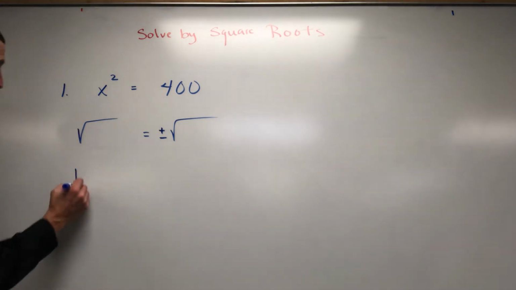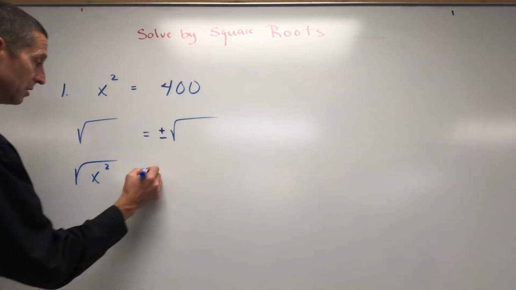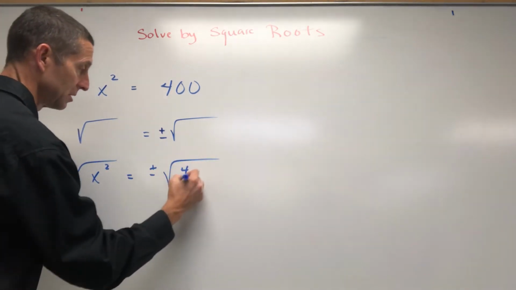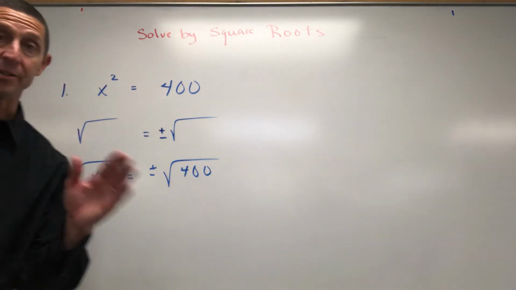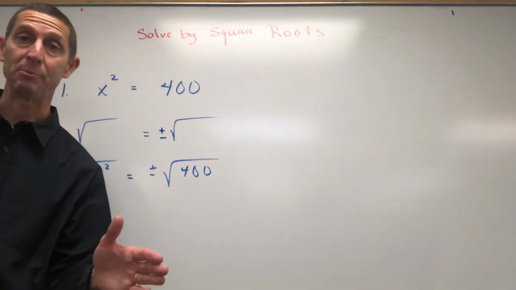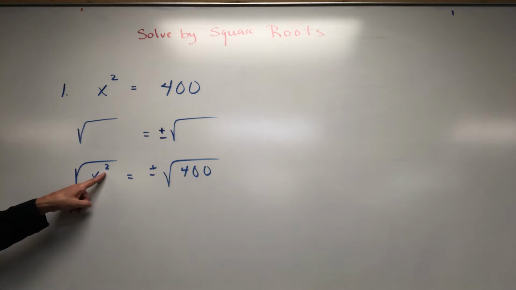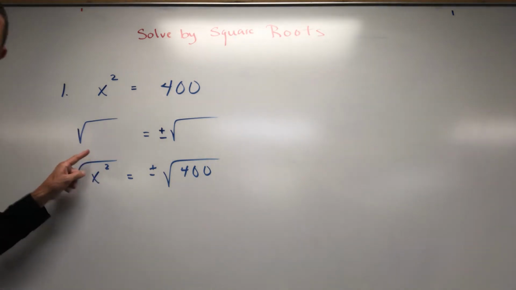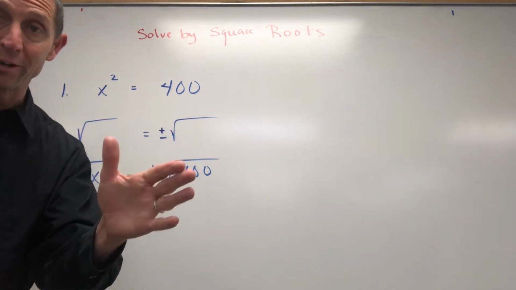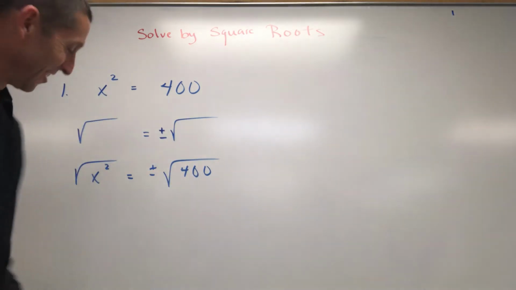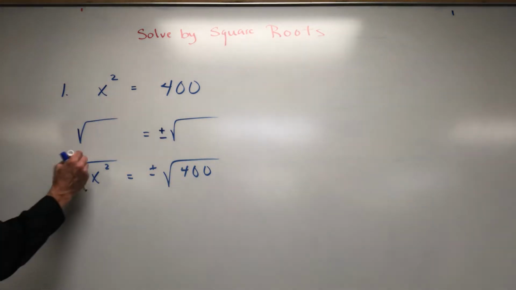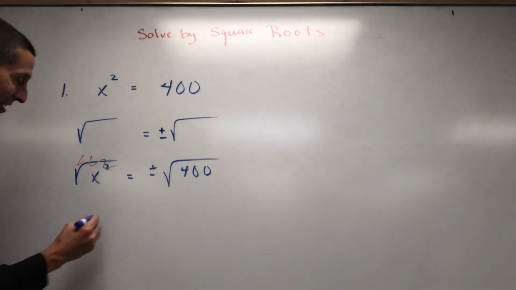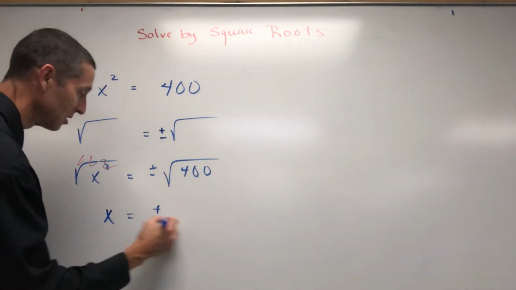All right, let's drop it in. So we have x squared, we have plus or minus the square root of 400. Now this is awesome. This is one of the greatest math moves of all time. This is squared, this is the square root. The square root and the squared maneuver, they cancel each other out. This is just x equals